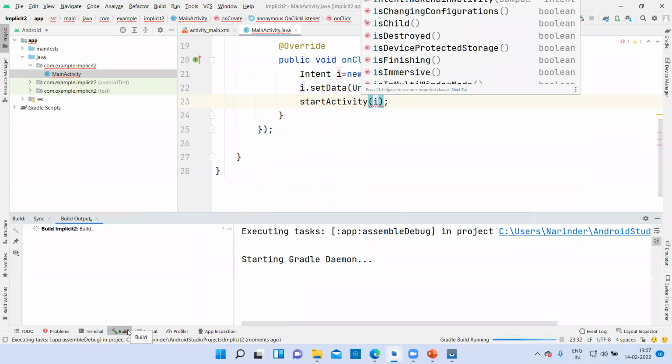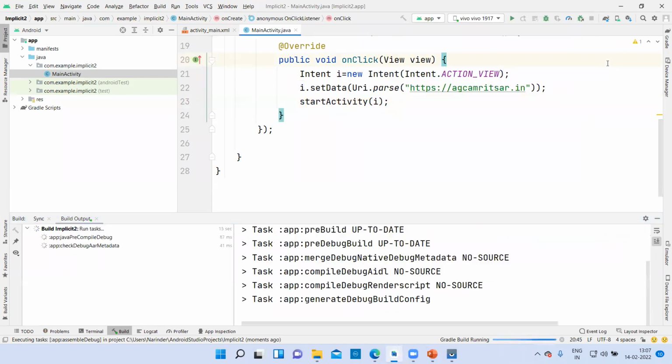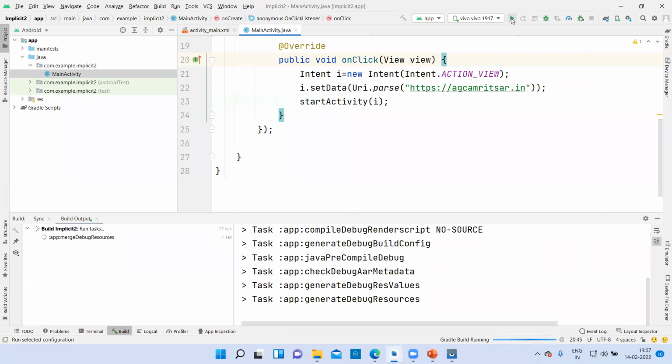Let me go to the build. It is building. It will take some minutes.